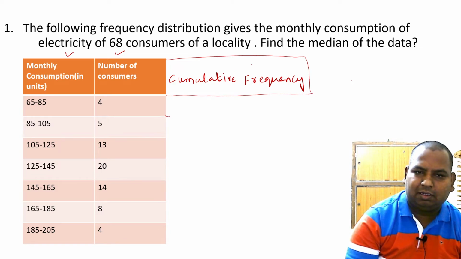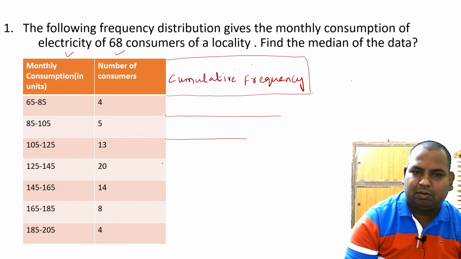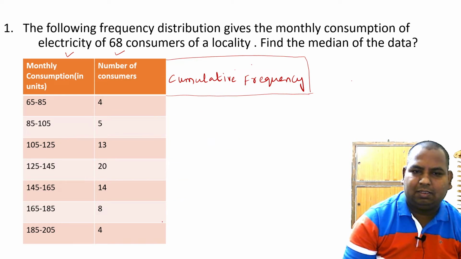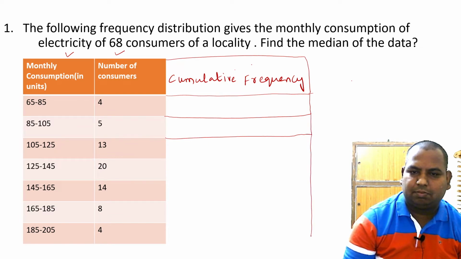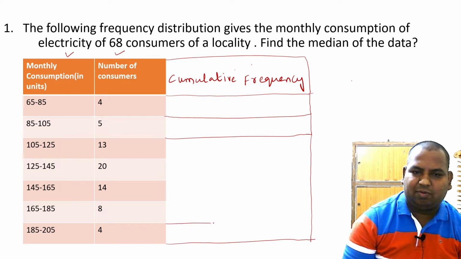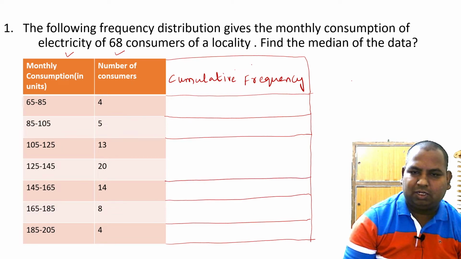So let me draw rows here. Just one second, let me draw properly. So you need an additional column for cumulative frequency. I didn't do it properly, but I want all my kids to draw properly. And by the way, children, you need to catch a book so that you can note down important points